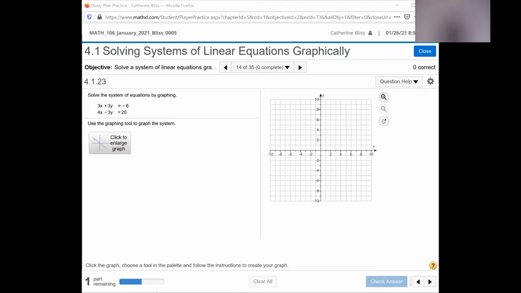Take a look at number 22 from the homework. It's solving systems of linear equations graphically. And the problem is presented here. We've got two linear equations and we want to find the intersection if there is one, and then we want to graph the solution. So I'm going to hop over to a different screen here so that you can see my work as I